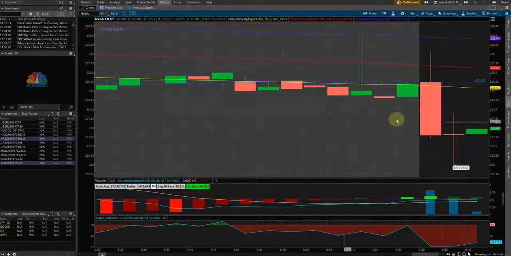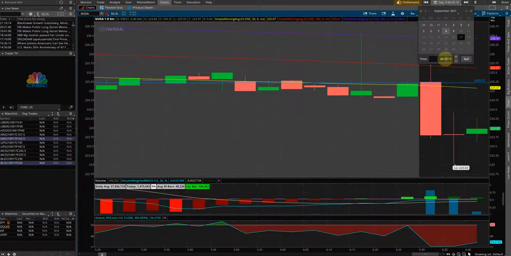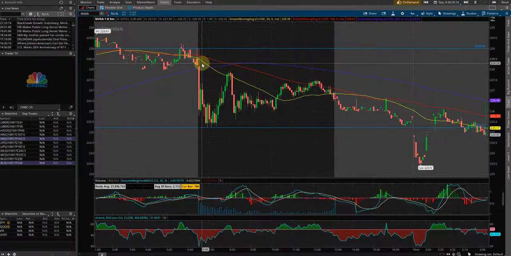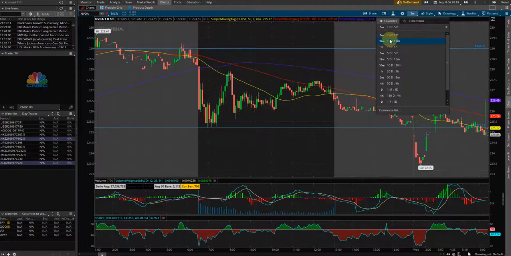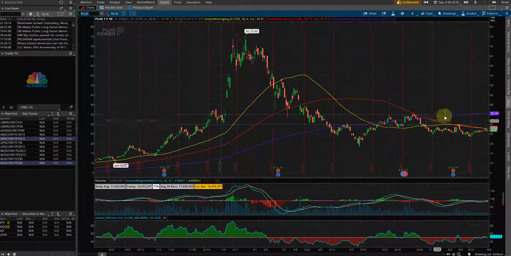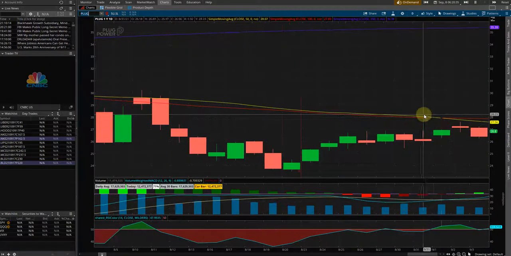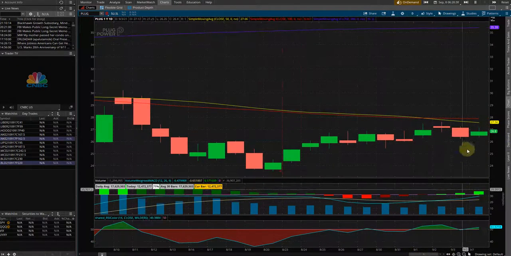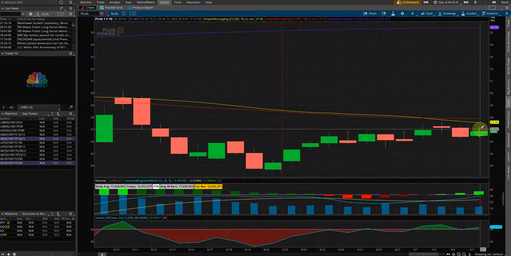So again, I have nothing to prove with this. I'm just showing you this again so you can go backtest your own theory, find your own setups, and play it back and see, would this have been a profitable trade for me? Is this something I can implement into my trading style, and would I make money? So we've already seen 2 charts in a row here. I've got 2 more we can look at. If this one would have been profitable, I'll probably call it a video here. But let's see what happens.